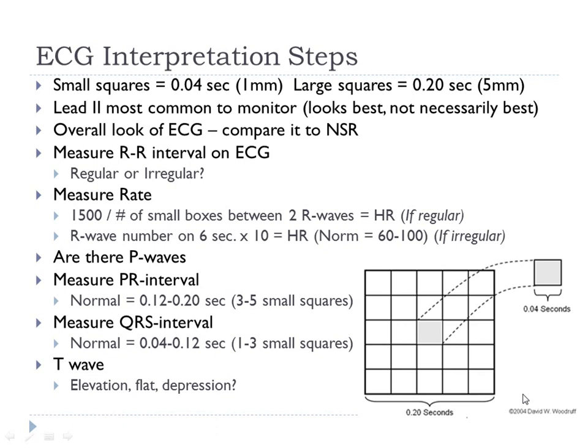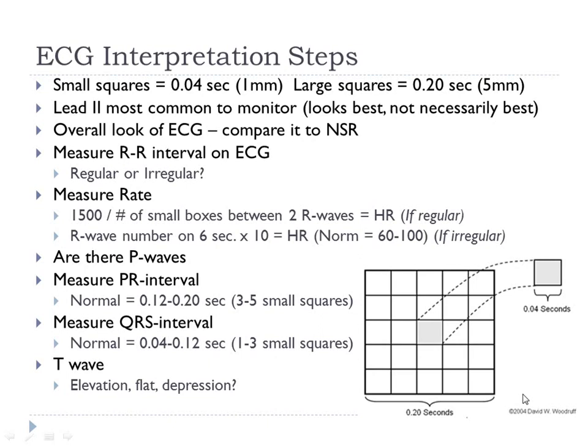You also need to assess the heart rate. There's two ways to do this. Each of those ways is in a different situation. The first one we'll talk about is when the rhythm is irregular. So first you need to decide if it's regular or irregular. And if it's irregular, you simply find a 6-second strip that's 30 large boxes, and you count how many R